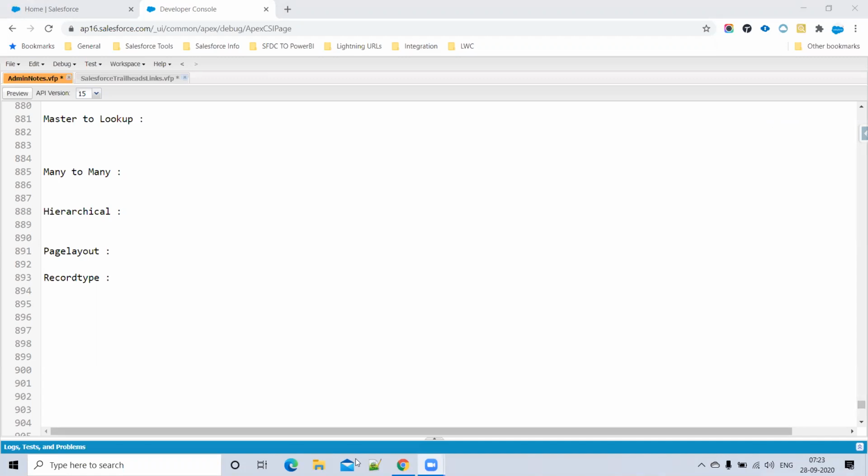Hariharan, you want to try? I want to try. I'll explain the business process. For example, we need to create an account, and we have different types of account. We have a saving account, we have a checking account. We want to design a different page layout for both types of account, so we go with the record type.